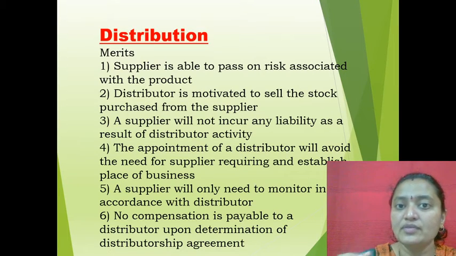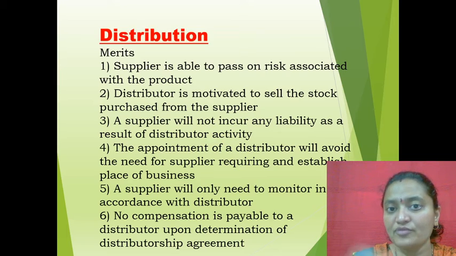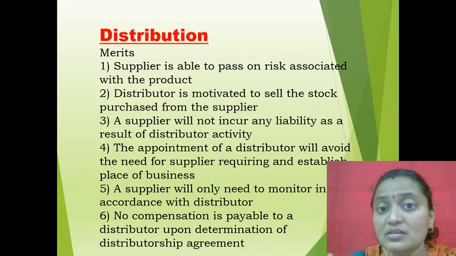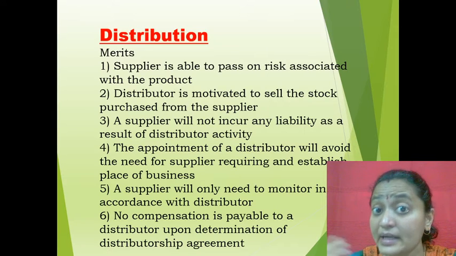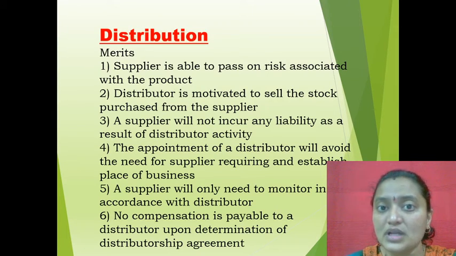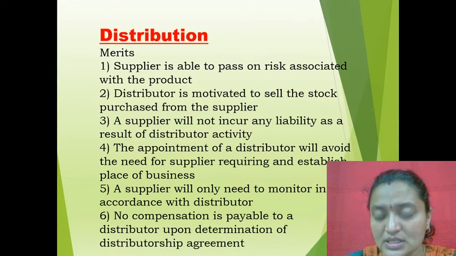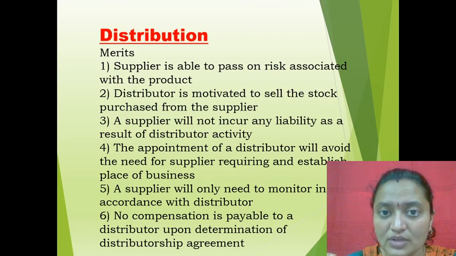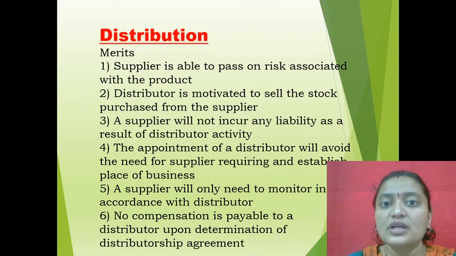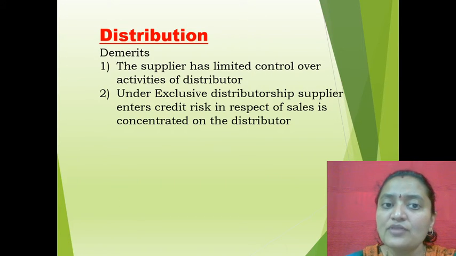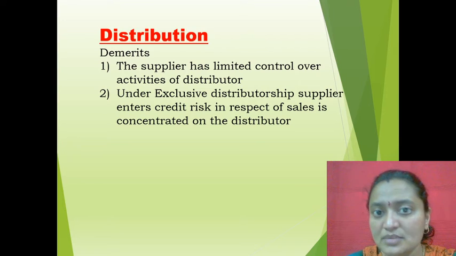All these points we have already seen, and the supplier will only need to monitor the distributor. If the goods are being distributed from one place to the other, they should do proper inspection and checking whether the goods are in proper condition or not. If the goods are found to have a little defect or are damaged, the customer also will come into loss, and based on the distribution process, compensation will be paid, or remuneration will be given to the distributor. Now these were the merits. Apart from that, we will study the two demerits.